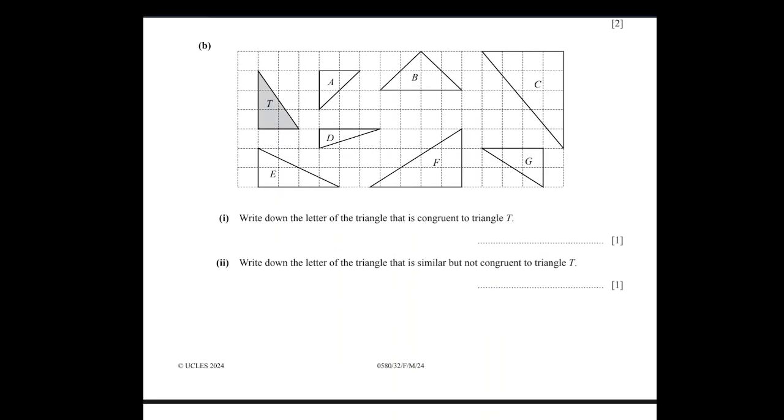Now B. Write down the letter of the triangle that is congruent to triangle T. Now this is a triangle and it should be exactly overlapping one of the triangles given here. So first of all, check the sides on the lines of the square grid. This perpendicular line of the triangle is covering 3 sides of the boxes, and on the other perpendicular it is 2 sides, and when you join this, it is going across the 3 boxes like this. So when you try to check all the triangles in the same way,